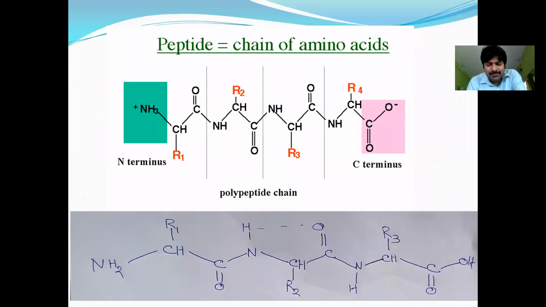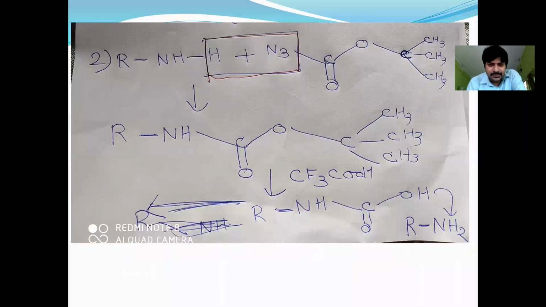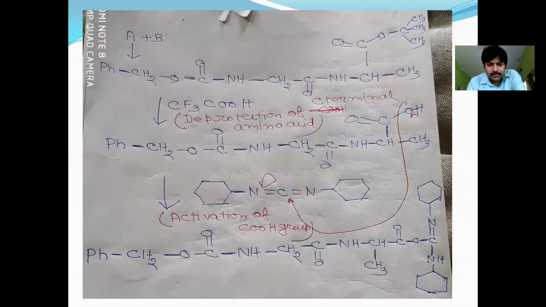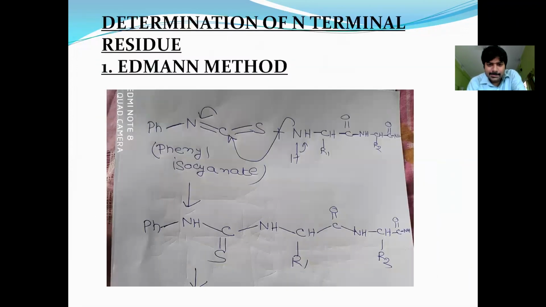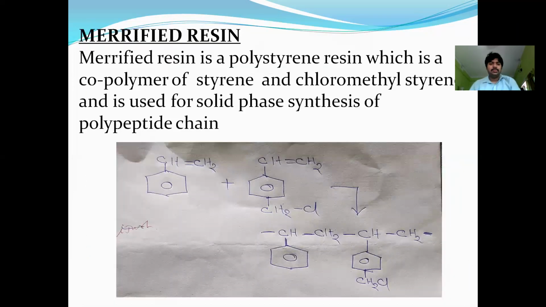What is Merrifield Resin? Merrifield Resin is actually a polymer of styrene and chloromethyl styrene. Merrifield resin is a resin which is actually the polymeric mixture of styrene and chloromethyl styrene. So Merrifield resin হচ্ছে একটা polystyrene resin, সেটা কি styrene এবং chloromethyl styrene এর